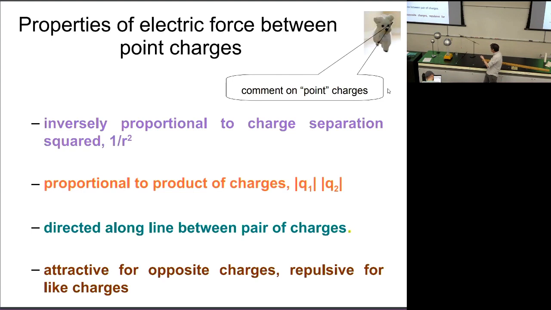The force between two charges depends on the amounts of the two charges. In fact, it depends on the product of the two charges. So if you make one bigger, then you'll increase the force. If you make the other one bigger, you'll increase the force. If you make both of them bigger, you'll increase the force even more. So it's the product of the two charges, I call them Q1 and Q2 here, that determines the strength of